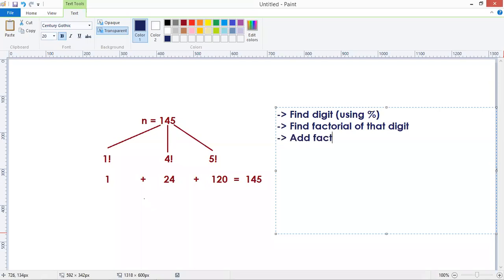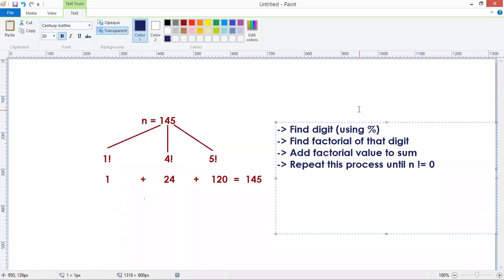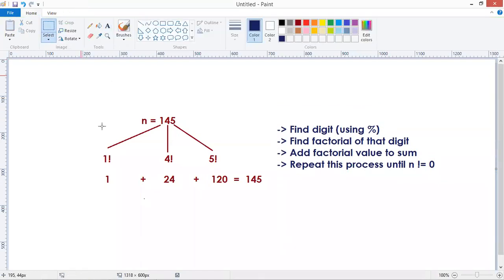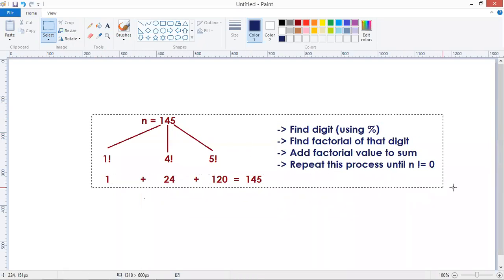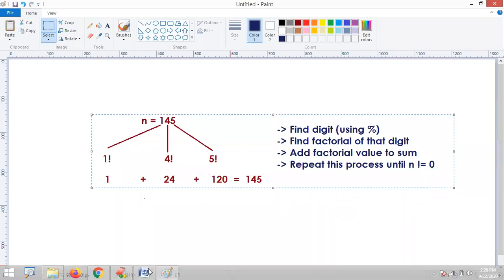Add the factorial value to sum. Repeat this process until n is not equal to 0. Same one only. Okay. Can you please write the code of this?